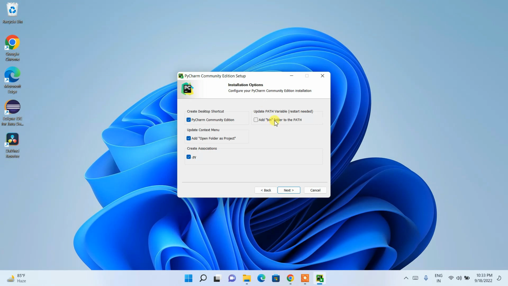Okay, and this is the most important step. You need to check this add bin folder to path. Okay, and you'll need a restart after finishing this process. I'm going to tell you when you need to restart. So do check all of this and then simply click on next,